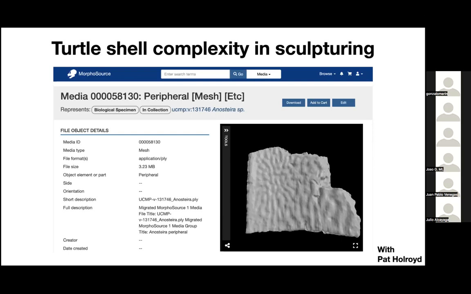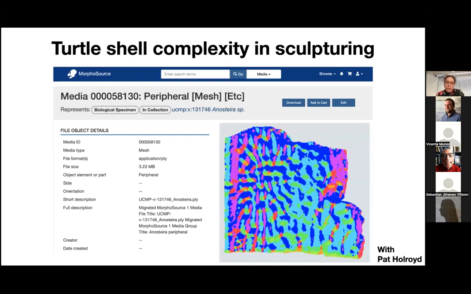It's very difficult to identify these different types of bones in the field if you're a paleontologist or if you're learning to become a paleontologist. So my colleague Pat Holroyd from the University of California, Berkeley, and I have been scanning and studying these, so that we can compile a learning set for people to use in education settings and in the field. But at the end, we'll also consider their complexity in a similar way to how I've been studying the teeth.